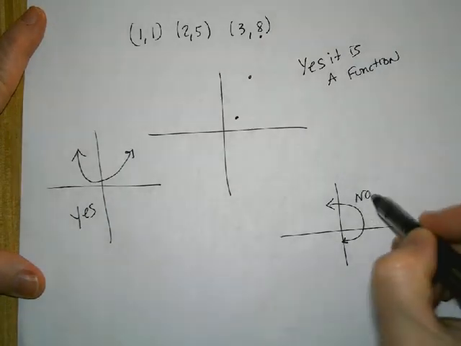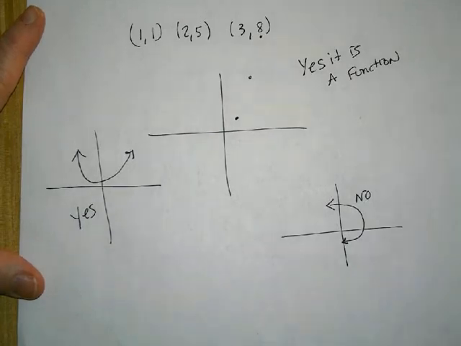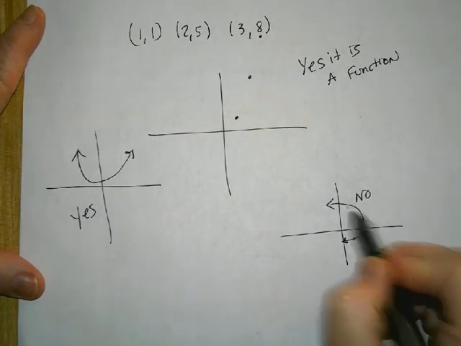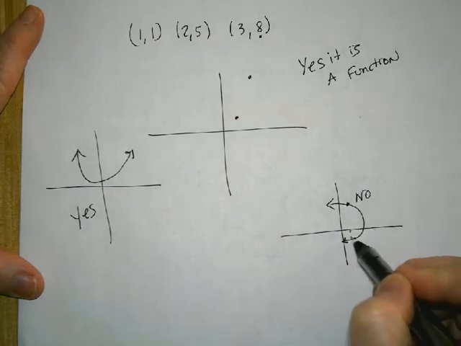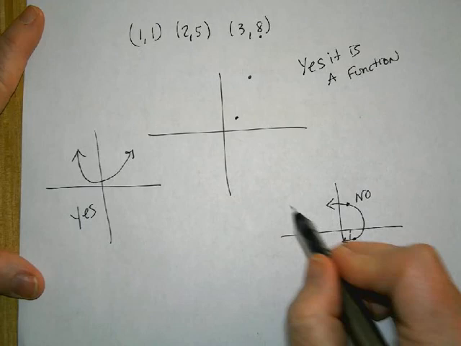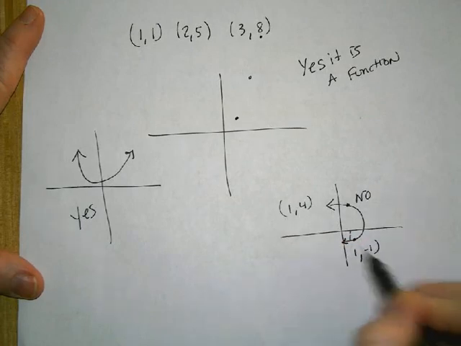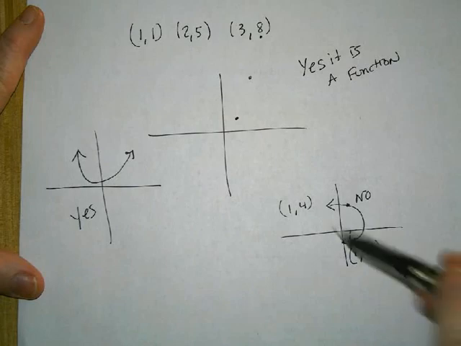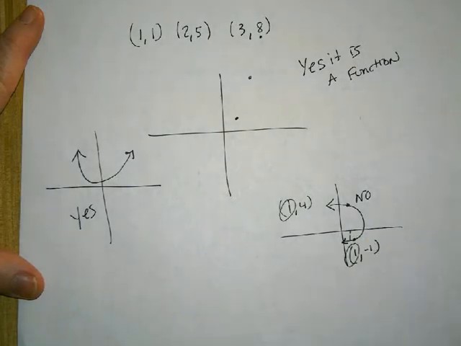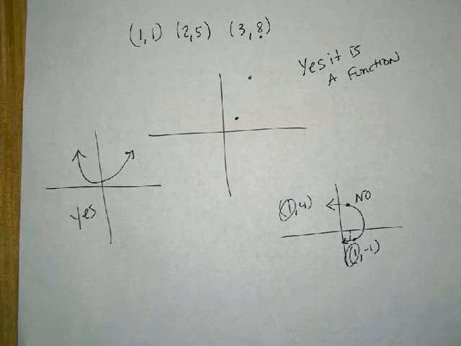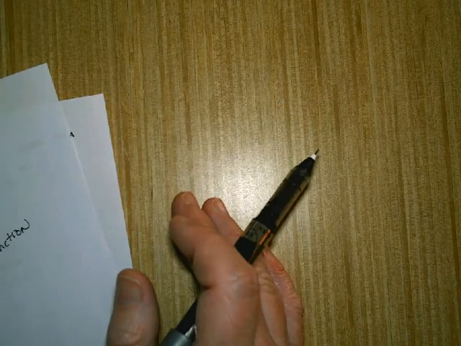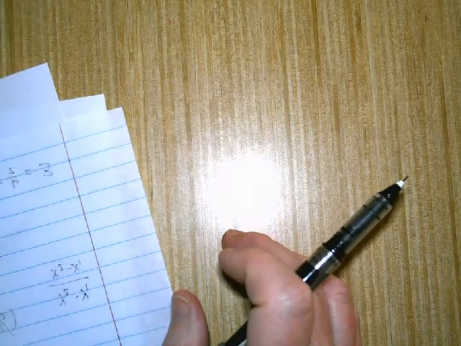Okay, that's what the vertical line test does. Because if it touched twice, that means that at x is 1, I have 1 comma 4 and 1 comma negative 1. You see what would happen if it touched it twice? And that goes against the rule I have about using an x value more than once. That ties it all together, whether I give you a list or a mapping diagram or a picture. You're able to tell if it's a function or not. Okay. Y'all have any questions? That parabola thing,